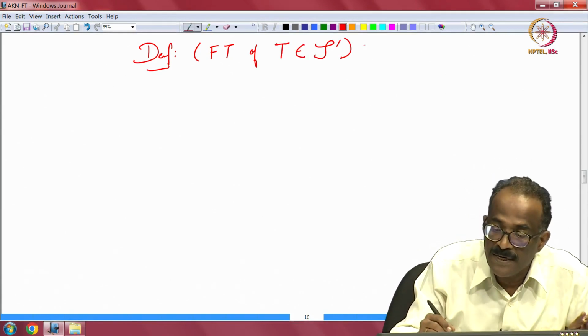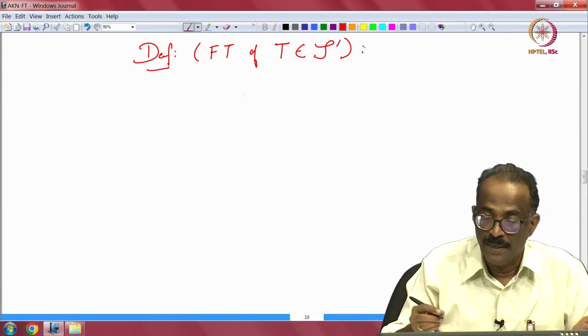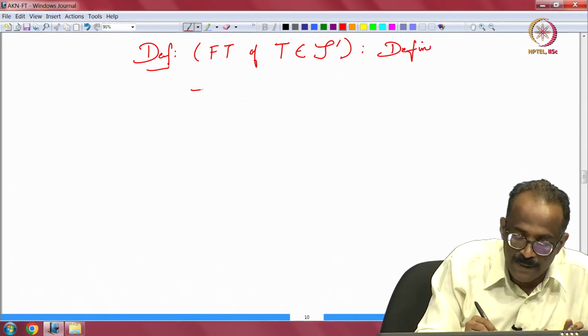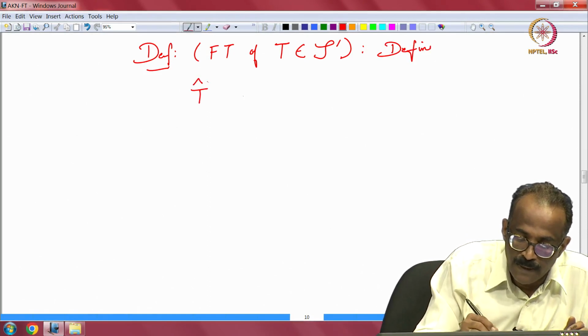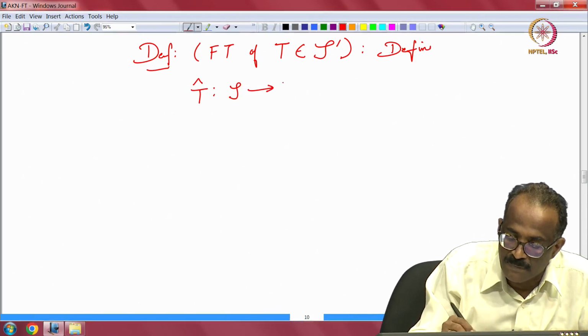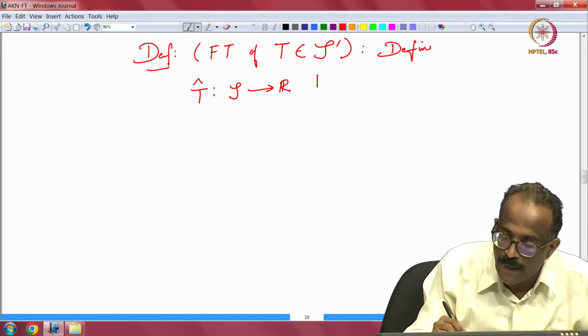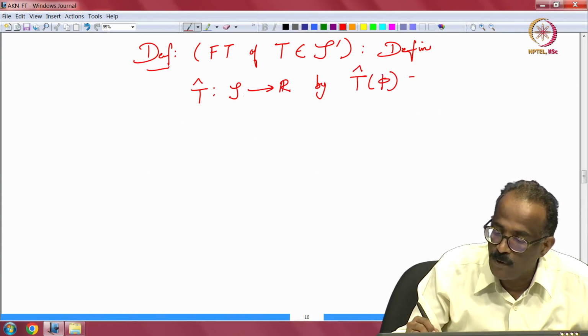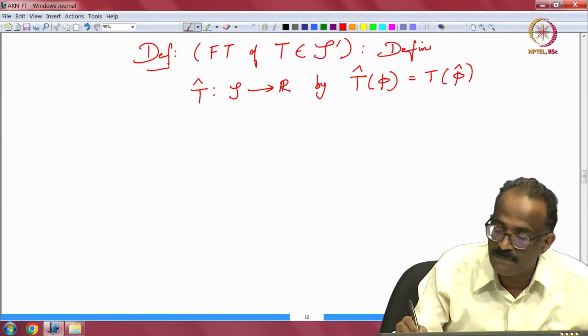The definition: if T is in zeta prime, define T hat from zeta to R by T hat of phi equal to T of phi hat. The definition is well defined,